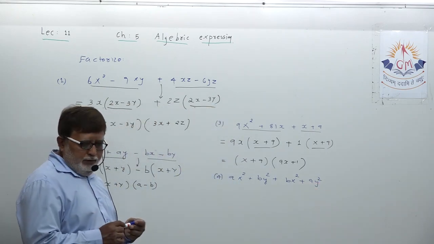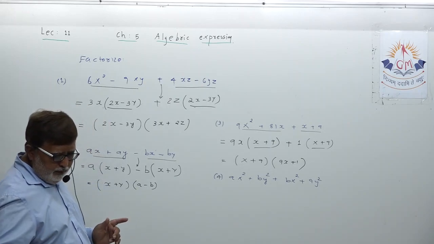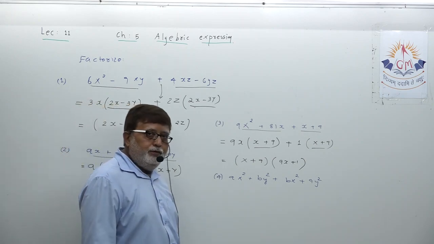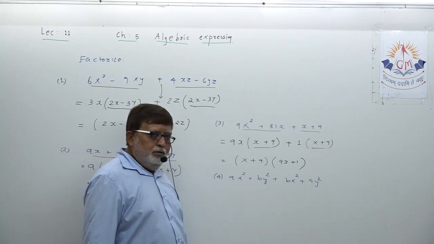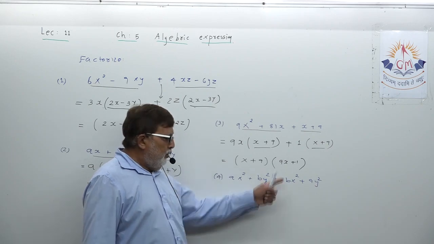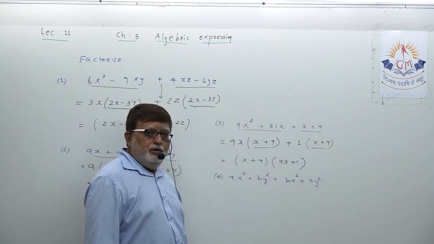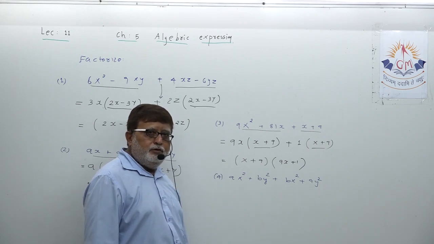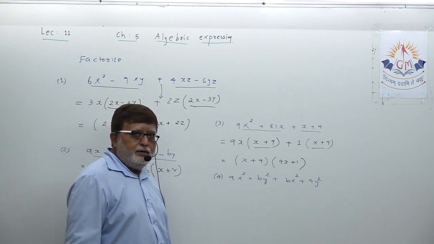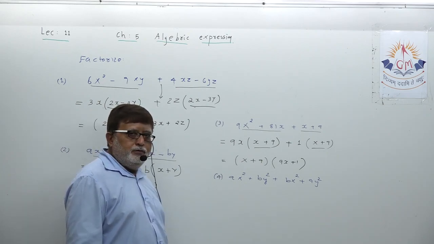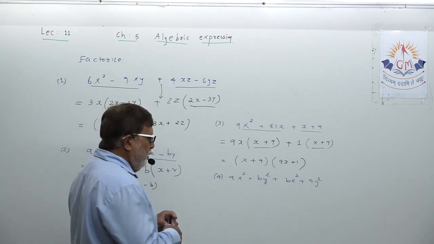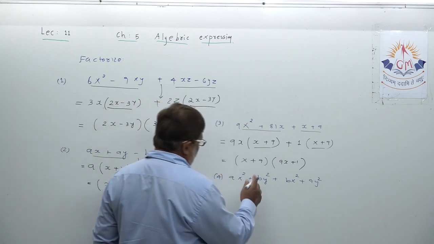Now dear student, if you try to take out common, it becomes very difficult. What will you take out common from the first two terms? Nothing. Nothing is common. What will you take out common from the last two terms? Nothing. Not possible. That is the instruction I was delivering a minute back. When you come across such a situation, what you need to do is rearrange the terms.